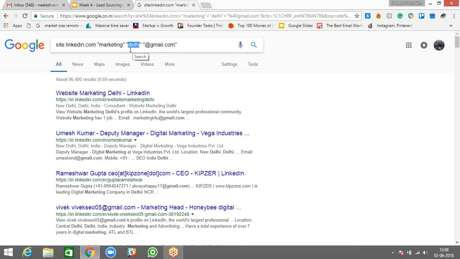Kolaba, HSR layout, Koramangala, Nehru Place, Kalkaji, Anna Nagar. Do you think that will work? If they have shared their location data where? Yes, on LinkedIn.